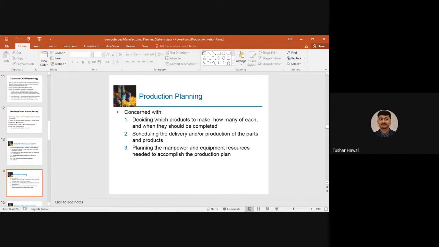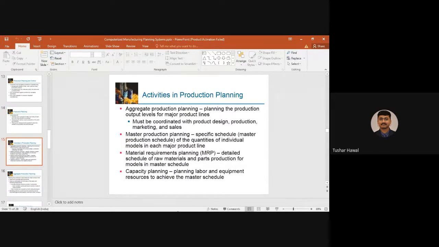It is concerned with deciding which products to make, how many of each, and when they should be completed, scheduling the delivery and production of the parts and products, and planning the manpower and equipment resources needed to accomplish the production plan. All these three things can be done by having production planning.